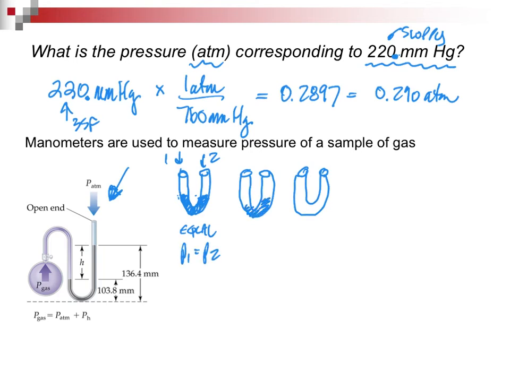But what if instead I had something that looks like this? Here's gas 1, here's gas 2. What I would say is the pressure of 1 is greater than the pressure of 2 because it's pushing down on that end of the U-tube. And then I would also draw it in the opposite direction, where I would have the left-hand side higher. That would be gas 1. This is gas 2. And here I would say the pressure of gas 2 is greater than the pressure of gas 1.